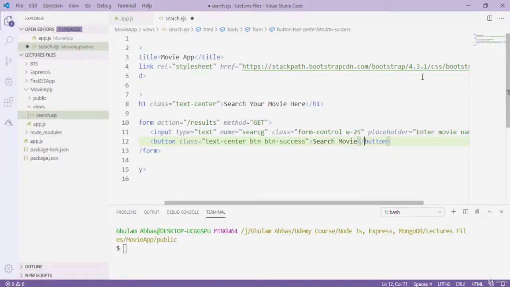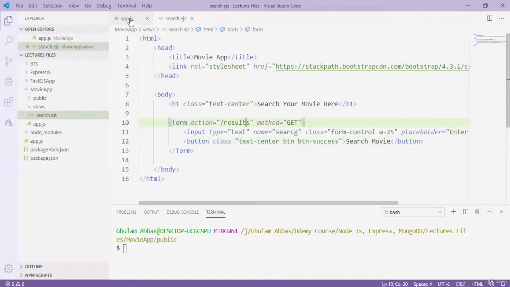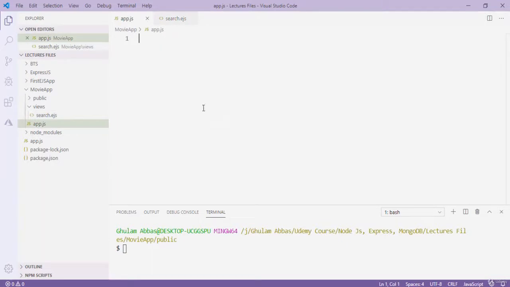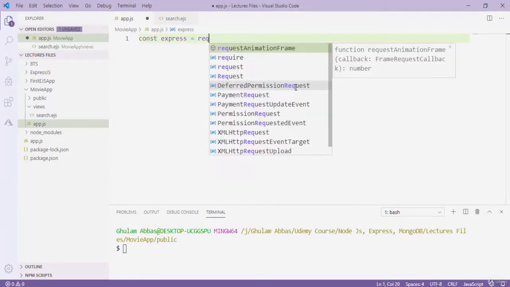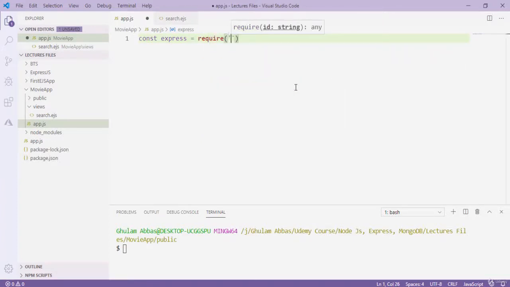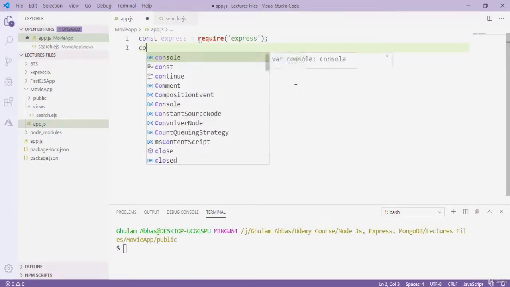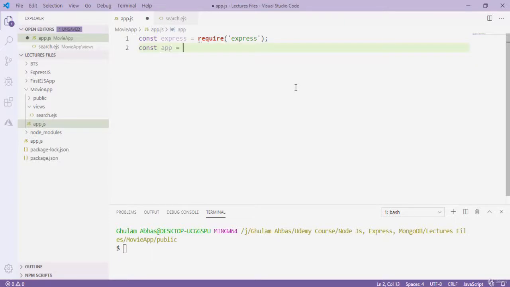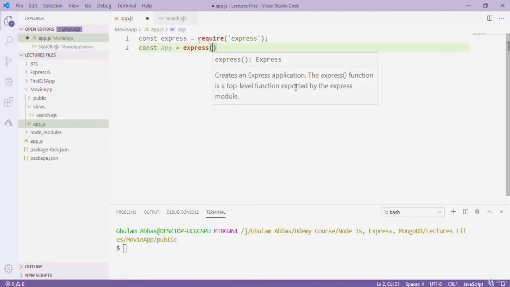Like that. Okay, so this is the basic designing of our search.ejs. So let's first of all create a route for this search.ejs. First of all I type here const express equals to require express, and then const app equals to express,